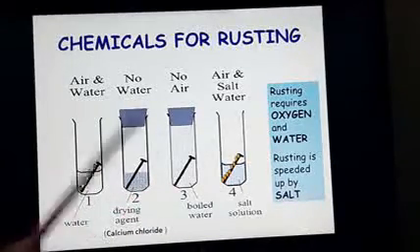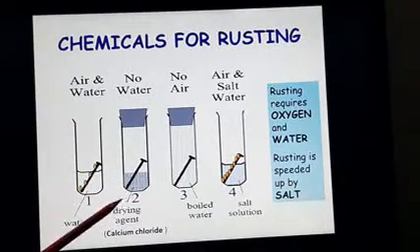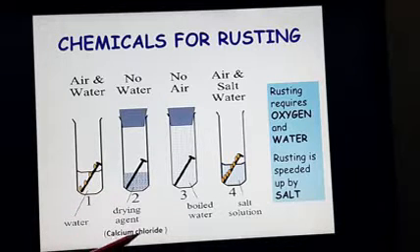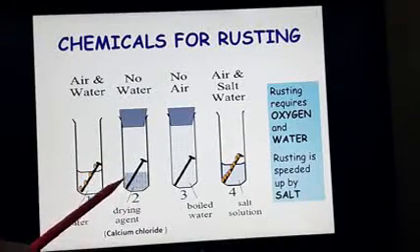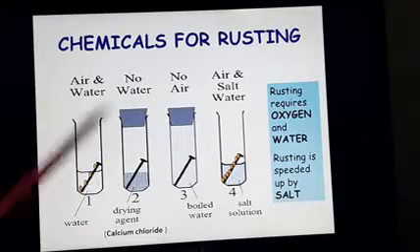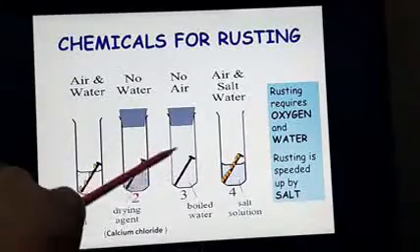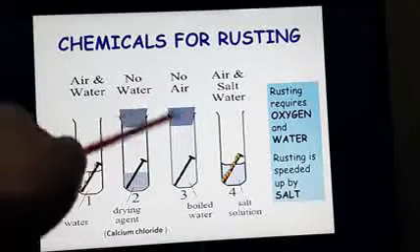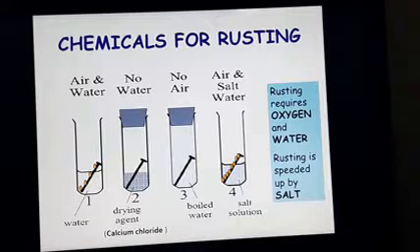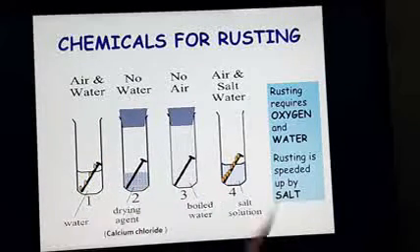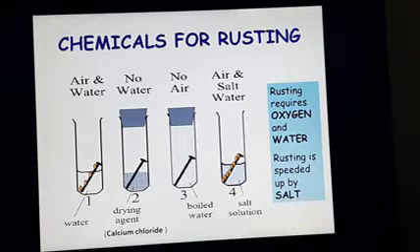Whereas in the second and the third test tubes, since the second test tube did not have moisture because calcium chloride, the drying agent, absorbed all the moisture and did not make it available to the nail, there is no corrosion taking place on this nail. Similarly, the third test tube had boiled water, that means there is no oxygen, and it was closed, so there was no way oxygen could enter either, and therefore test tubes 2 and 3 did not corrode at all. The nails did not corrode, whereas in 1 and 4 they showed corrosion, and test tube number 4 showed more corrosion because it had a helper to help it corrode faster, that is salt.